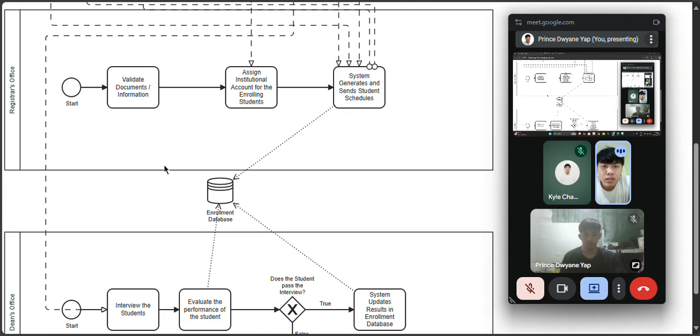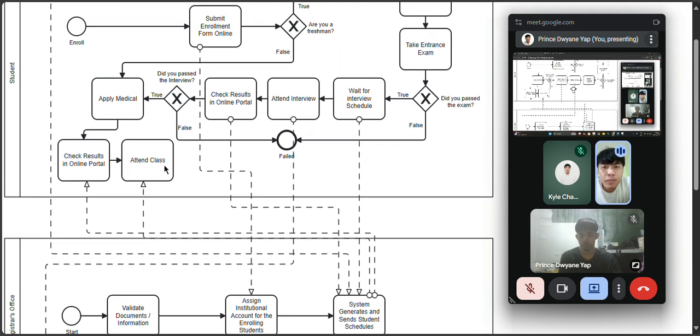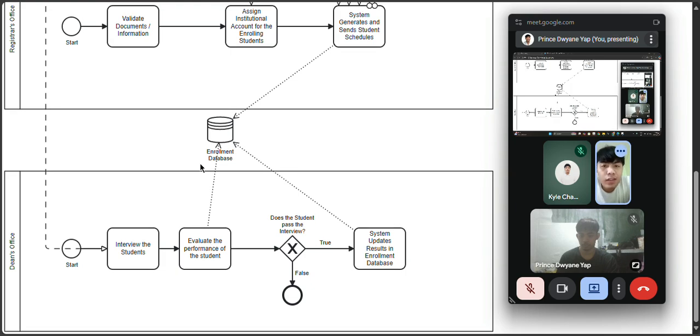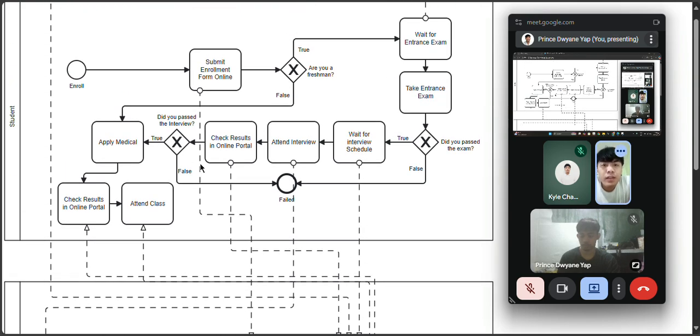First, the system must allow students to submit or enroll forms online. Second, the system must validate students' documents automatically. Third, the system must generate exam, interview, and medical schedules automatically.